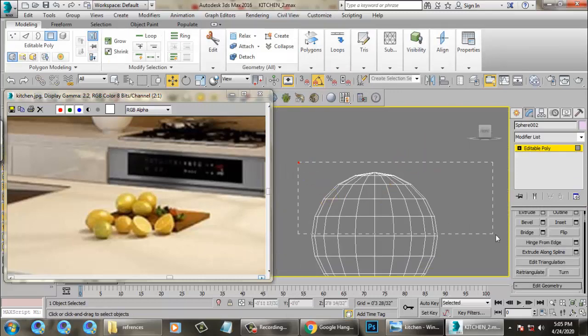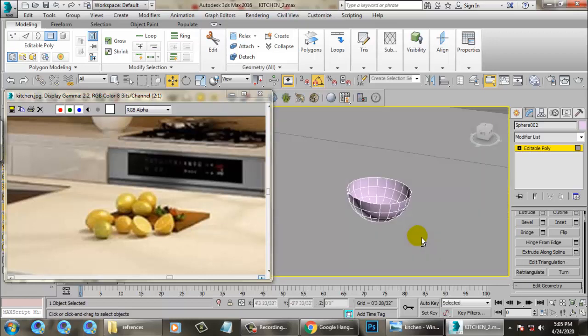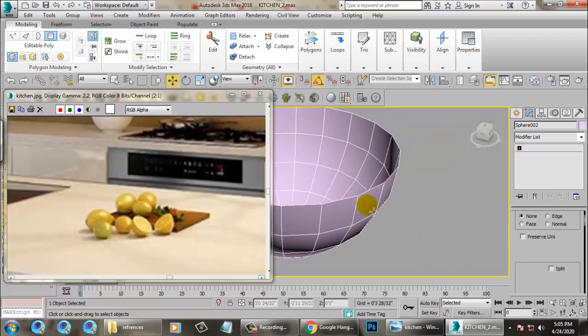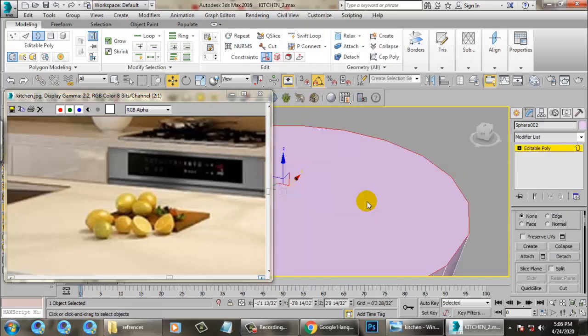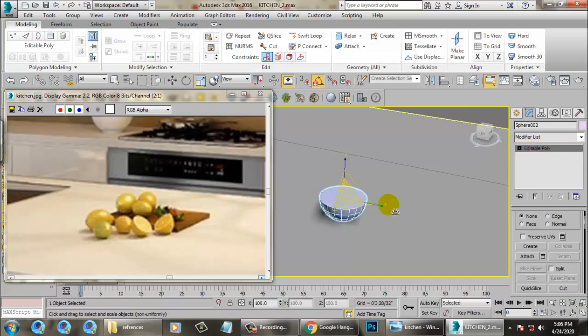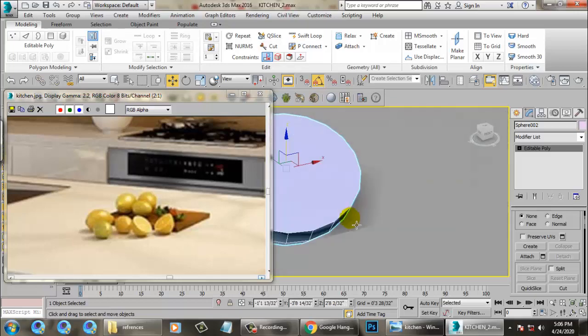Select this over here and just delete this. Let's go into the border, right click and just cap it. That's it. We can rotate it in this way and keep it over there.